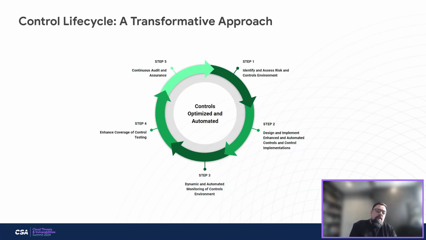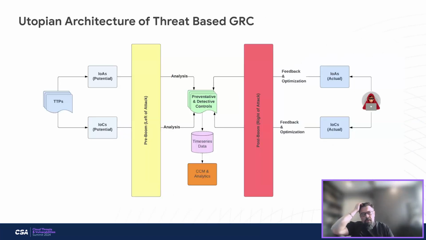And the testing is an element that helps validate the effectiveness of the controls and the mitigation of that risk. And ideally, that feeds into a continuous assurance cycle, which then perpetuates the cycle. Kind of going back and taking this concept of CCM and tying it to the IOAs and the IOCs, right? When you look at the definition and creation of controls, you have to be able to identify the correct data elements to do it. And one approach to identify the correct data elements that need to be part of that control assessment and measurement is to consume the IOAs and the IOCs.